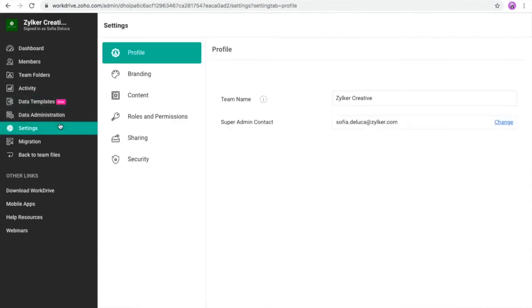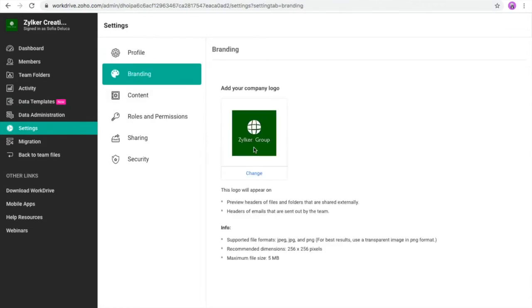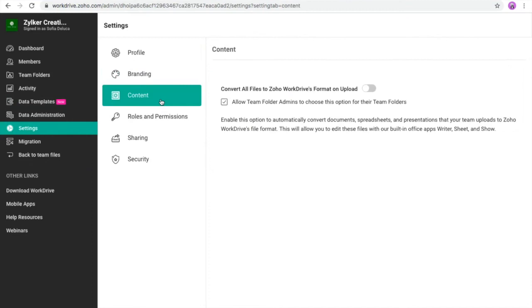And moving on to the settings tab. So from here is where you can manage all your basic settings for the team. You can add a profile name here. So there's by default only one super admin for the WorkDrive account. So the roles of the super admin are similar to that of a team admin, only that the super admin will receive all information regarding upgrading the account and all such emails, but they're similar to the team admin only. And under branding, you can add a logo to your account.